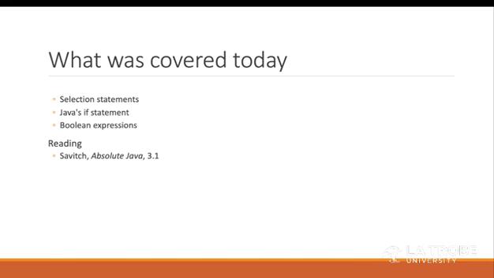Right, so the few things that we covered today was control structures. We saw 3 types of control structure. First was sequence, so all the instructions get executed just how they appear. Second was selection, so based on the condition the statements get executed. And third was repetition, so a block of code will get repeated multiple times.